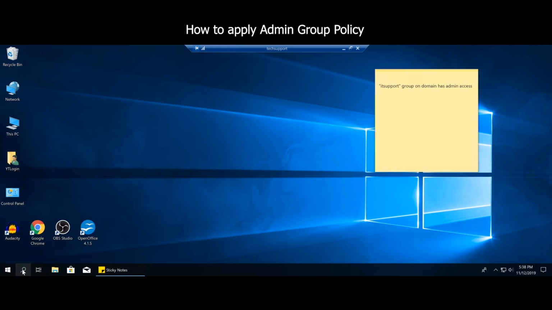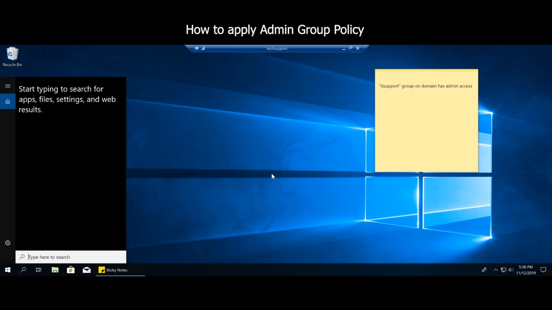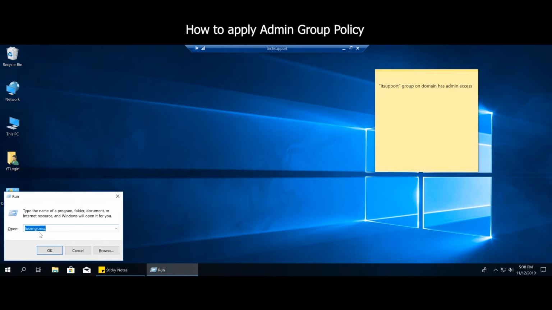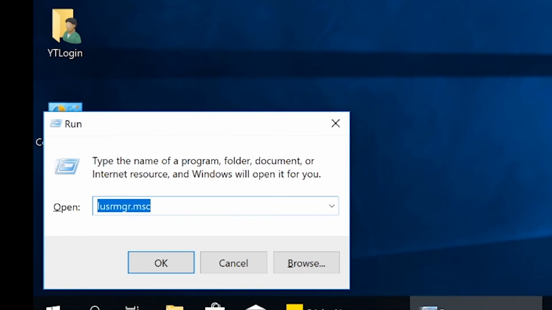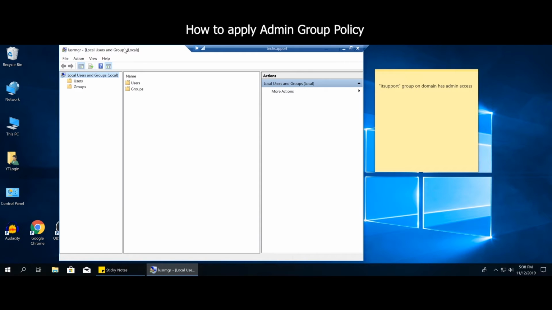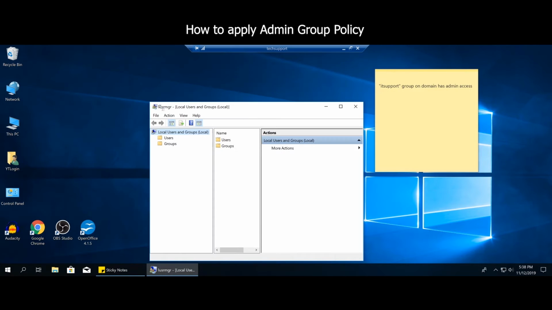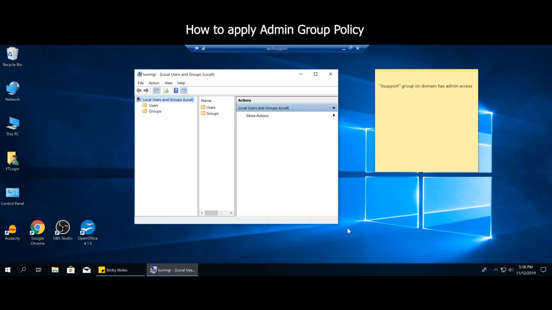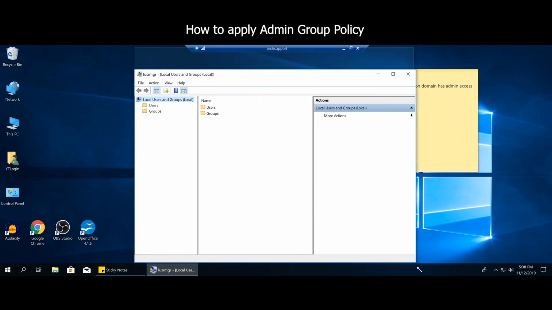What we want is actually called local users and groups. So in order to get that, we can type in lusrmgr.msc in our run command, and we hit OK, and it's going to open up our local users and groups. Here's where we're going to apply our changes so that we can go about our business and get to fixing